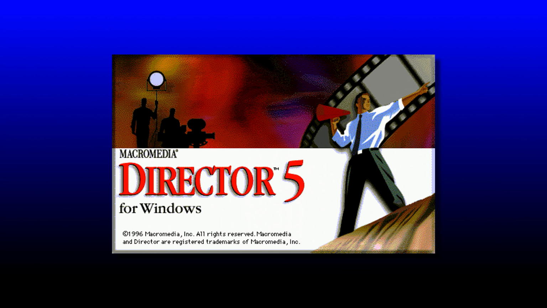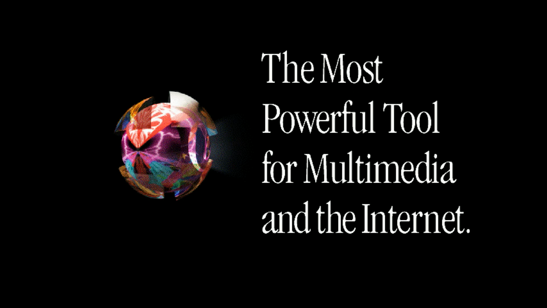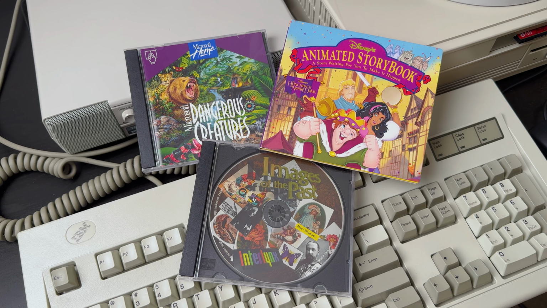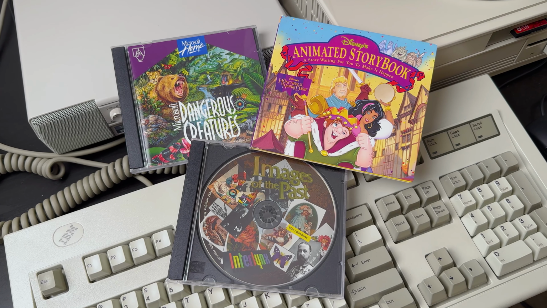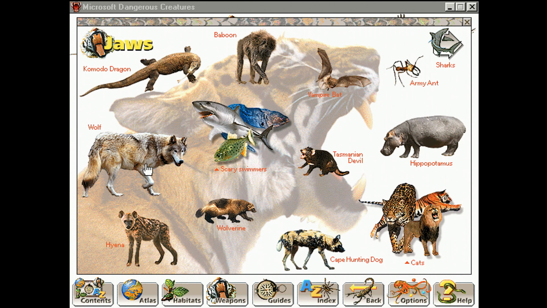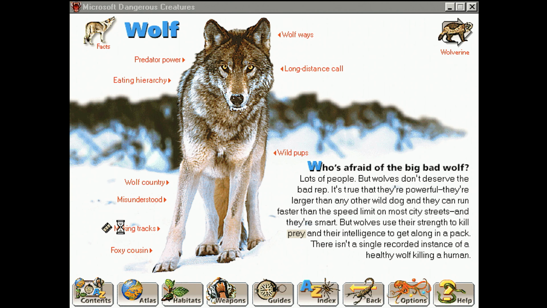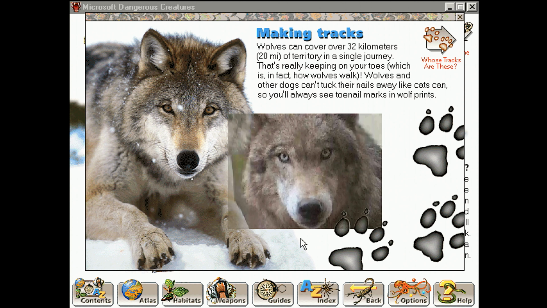The most important piece of software I used to create this project was Macromedia Director. Director was one of the big names in interactive media authoring. It was used for everything from educational software and CD-ROM games to interactive content on the web through Shockwave. CD-ROMs were a big deal at the time because they allowed you to combine graphics, animation, sound, video, and interactivity